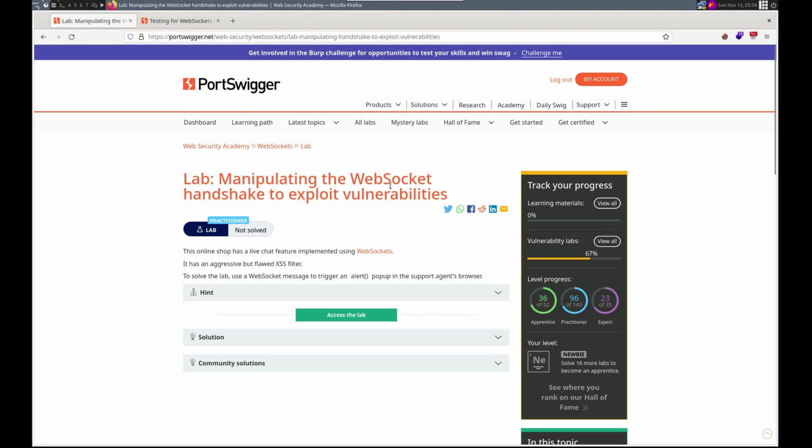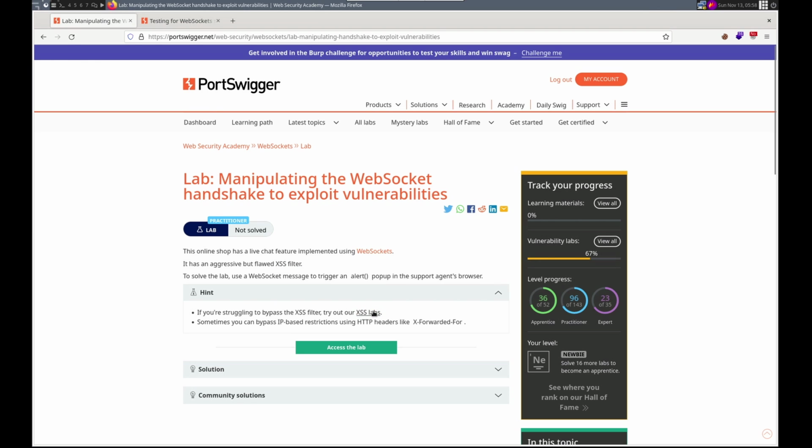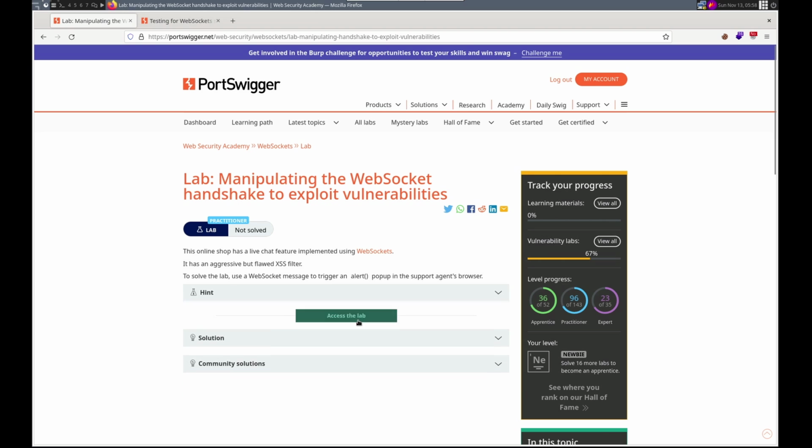It is manipulating the WebSocket handshake to exploit vulnerabilities. So there's a chat feature that uses WebSockets, an aggressive but flawed XSS filter. Interesting. Solve the lab. Use a WebSocket message to trigger an alert pop-up in the support agent's browser. And then we've got a hint. Sometimes you can bypass IP-based restrictions. There's like X-Forwarded-For. Interesting. Okay, let's,